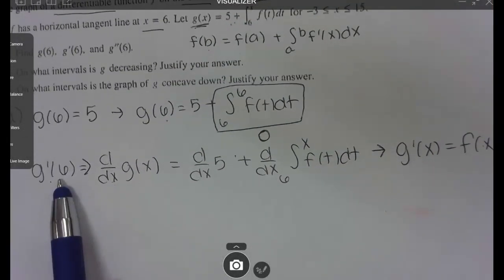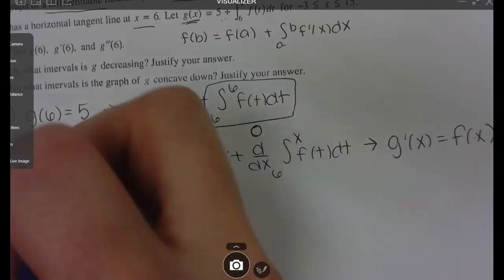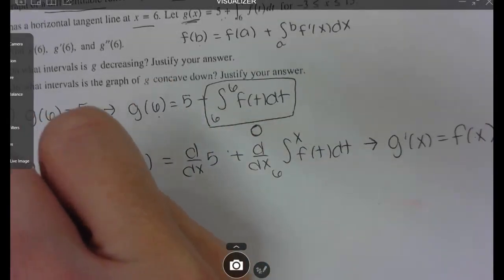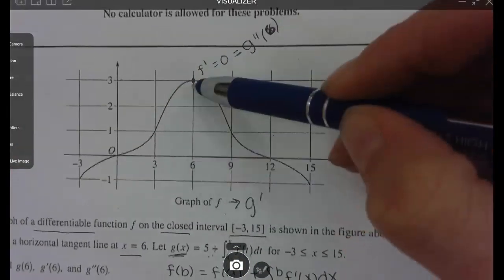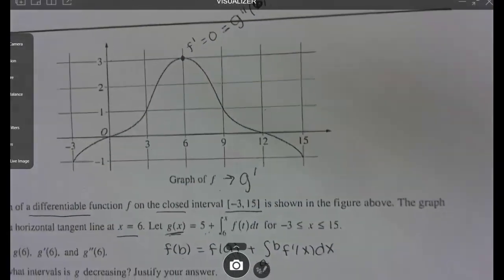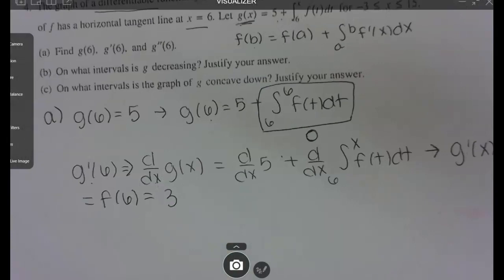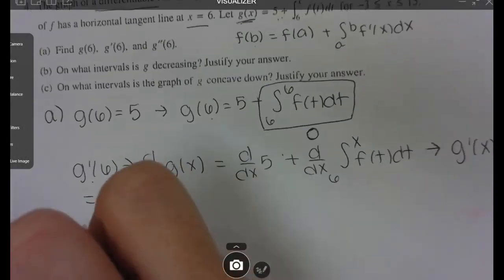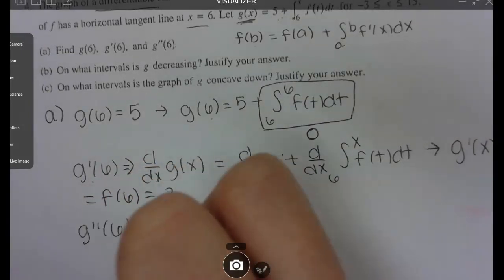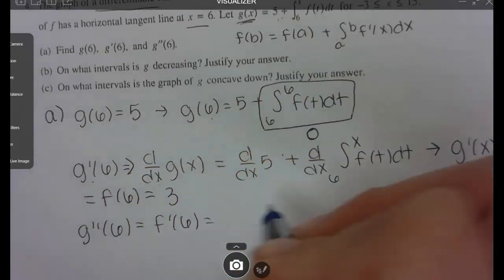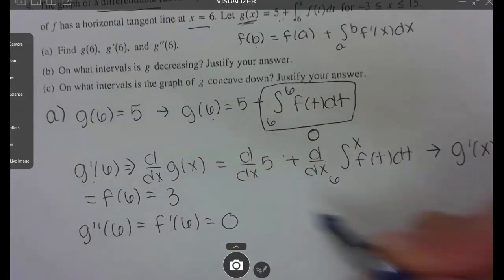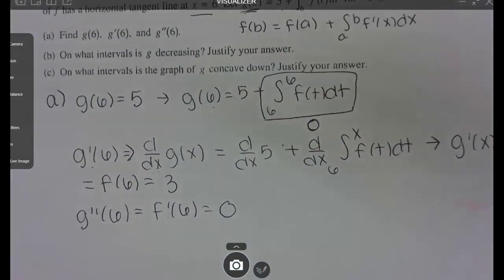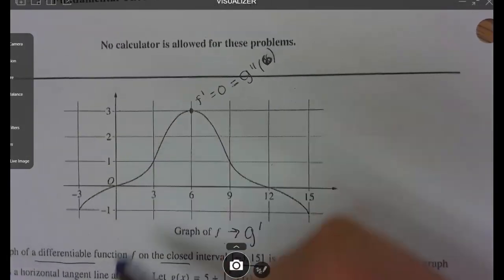So g prime of 6 is like finding f of 6. f of 6 is at 3. And then g double prime of 6 is like f prime of 6, but they told me that f had a horizontal tangent at 6, which means that it's 0. If it wasn't at 6 and it was at any other point, then